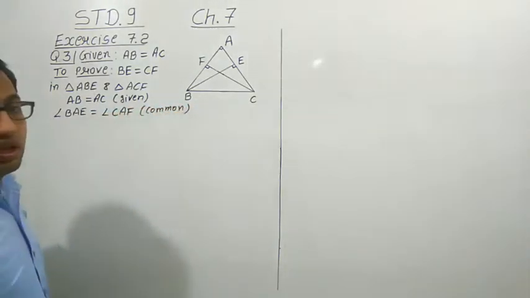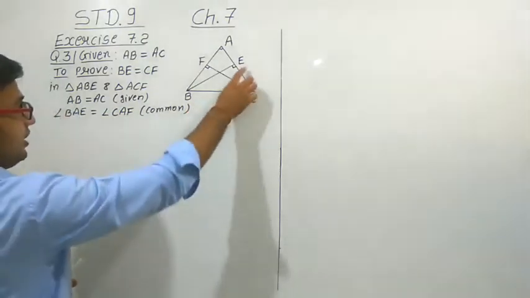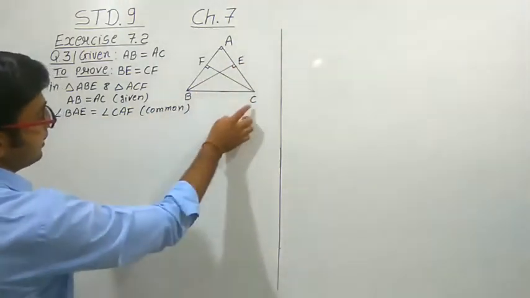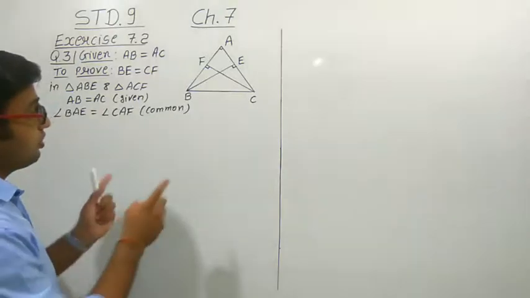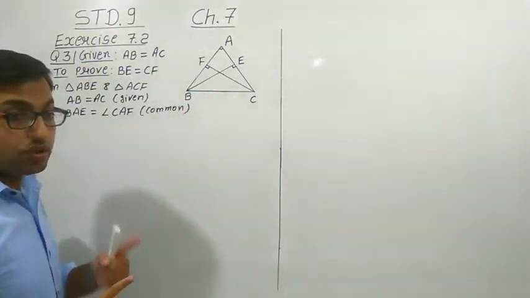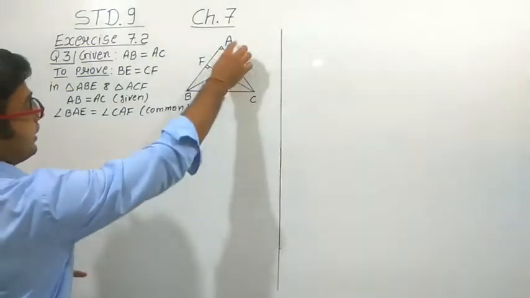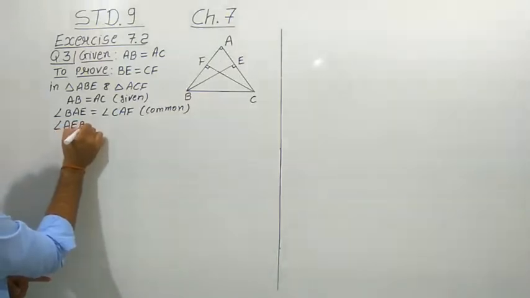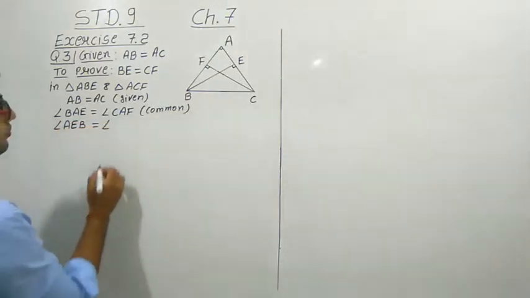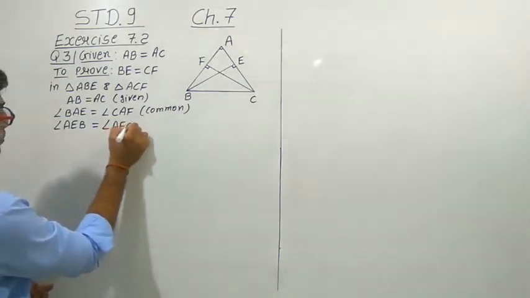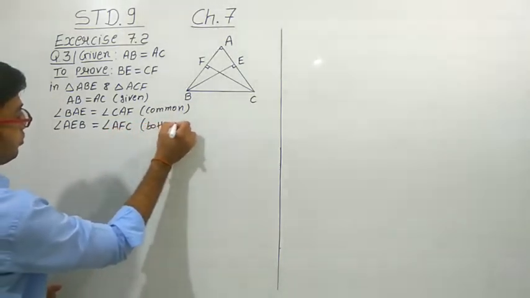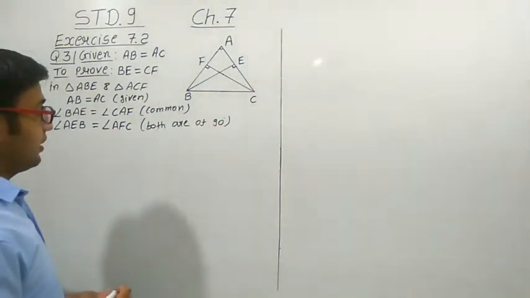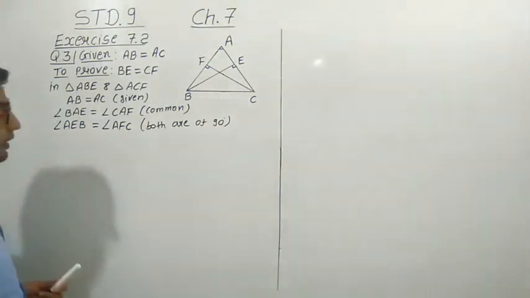Okay, one more thing, as BE is the altitude, it is making a 90 degree of the angle of the AC. In the same way, CF is also an altitude. So both altitudes are making 90 degree angle. So we can use that condition that angle AEB is of 90 degree. Angle AEB will become equal to angle AFC because both are of 90 degree. So we can take it as a one of the equality condition.